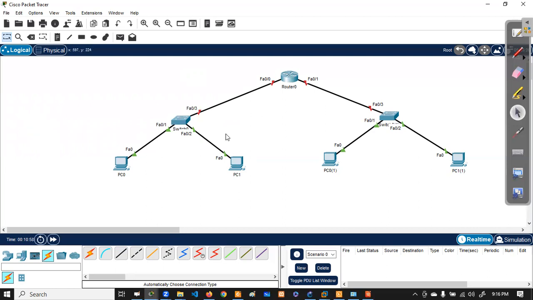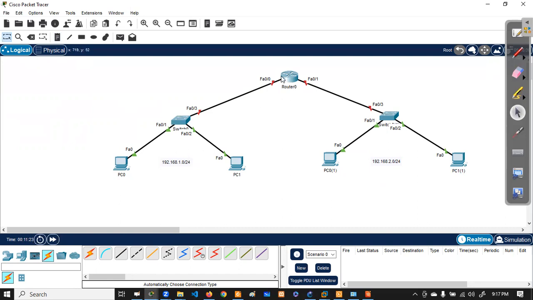Here we are using 192.168.1.0 network, slash 24, but here we are using 192.168.2.0 network, slash 24.